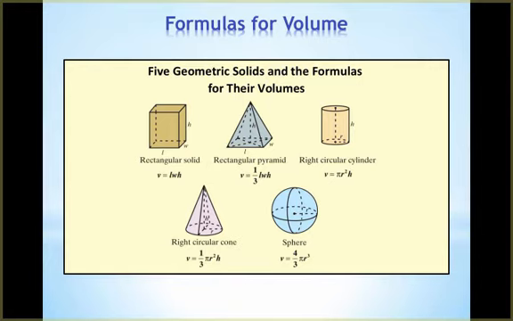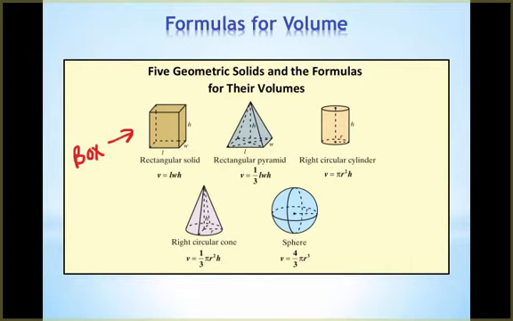So we're going to look at 5 different geometric solids and their formulas. Our first one is a rectangular solid. Many times we refer to that as a box. Its formula is volume equals length times width times height. For a rectangular pyramid, where the base is a rectangle, the volume is 1/3 of the length times width times